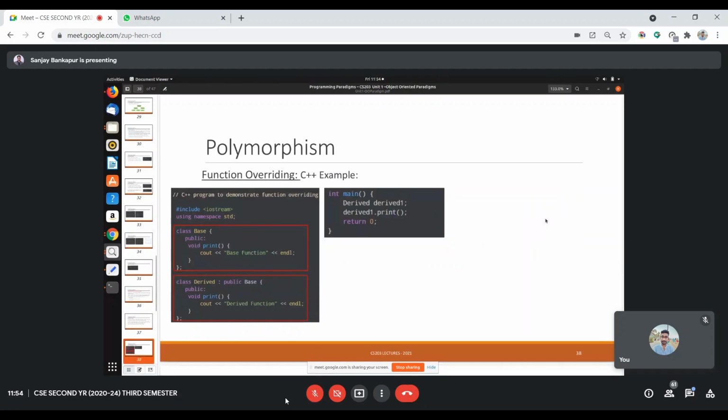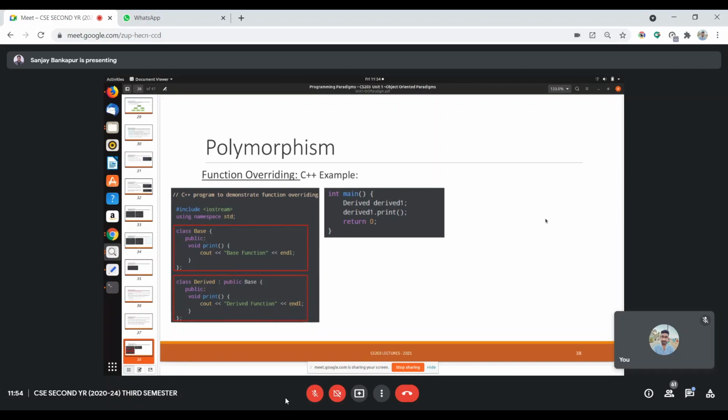We'll see with an example. Again, I've taken this from C++. So through a program, probably things will be clear. On the left hand side, I've taken a template: class base and class derived. The two red rectangles tell about a base class, and there is a derived class. How to derive a class?